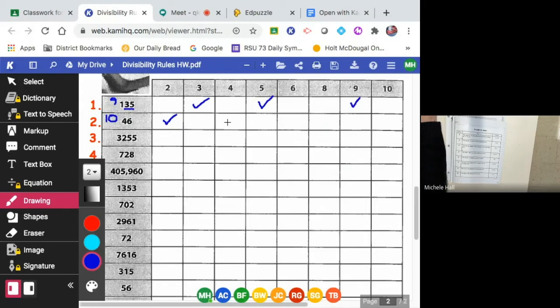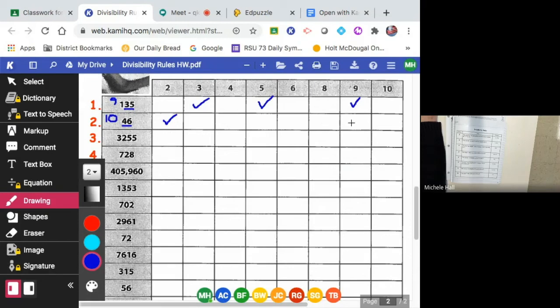Divisibility rule 4, Bobby. There's only 2 digits, so the last 2 digits is 46. Does 4 go into 46 evenly? 11 times 4 is 44, and 4 more would be 48, so that would be a no. Joseph, divisibility rule 5. Is 46 divisible by 5? And Tegan, rule 6. Is 46 divisible by 6? No, it doesn't have 2 and 3. Divisibility rule 8, Soraya, says the last 3 digits side by side, but we only have 2. So is 8 times anything 46? No. 6 times 8 is 48, so no for 46.